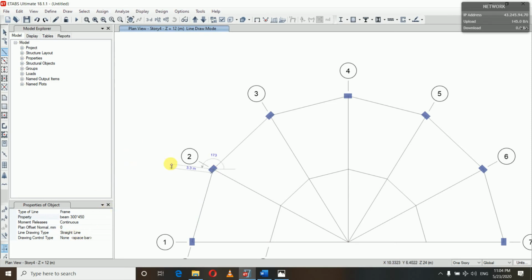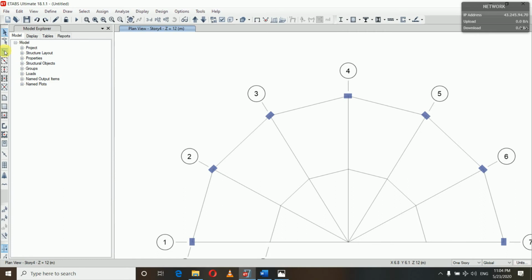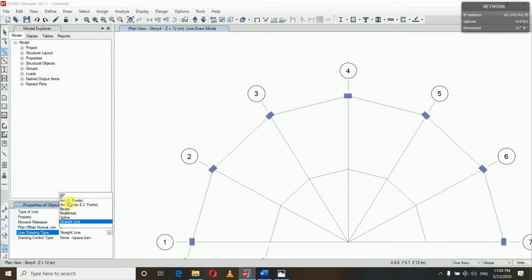and just get out of this function. The beam is 300 by 450. So there are two different methods. Here you can see Arc 3 Points and Arc Center 2 Points. First let us select Arc Center 2 Points.